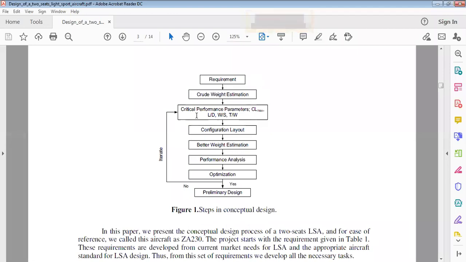So next is critical performance parameters such as maximum CL, L by D, wing loading, as well as thrust weight ratio. So this is the airfoil selection when I'm doing it. These are the performance parameters which affect the selection of airfoil. So accordingly, when you select the airfoil, next we go with a lift to drag ratio, that is